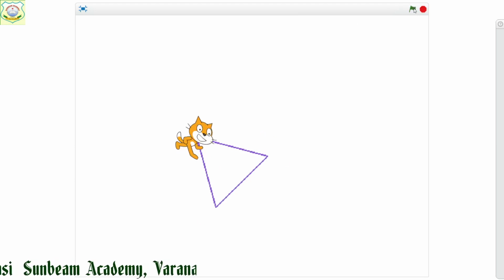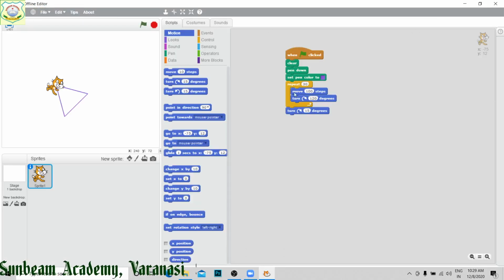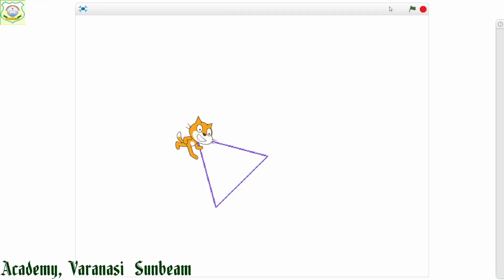The same is being made over there, but what to do? We have to change it. Suppose I have changed its angle to 30 degrees. Now see, run it.